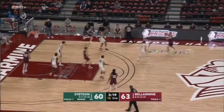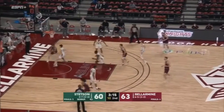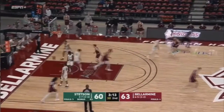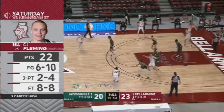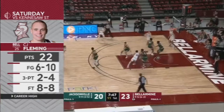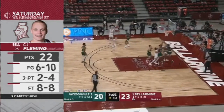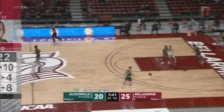And some of it where they're going to zone is because they can't handle Dylan Penn one-on-one if they're going zone, and Bellarmine really conducts all of their offense. He last weekend had 22 points, was 6 for 10 on the field goal, and shot 2 for 4 at the three-point line. But ever since the Notre Dame game, which is his very first